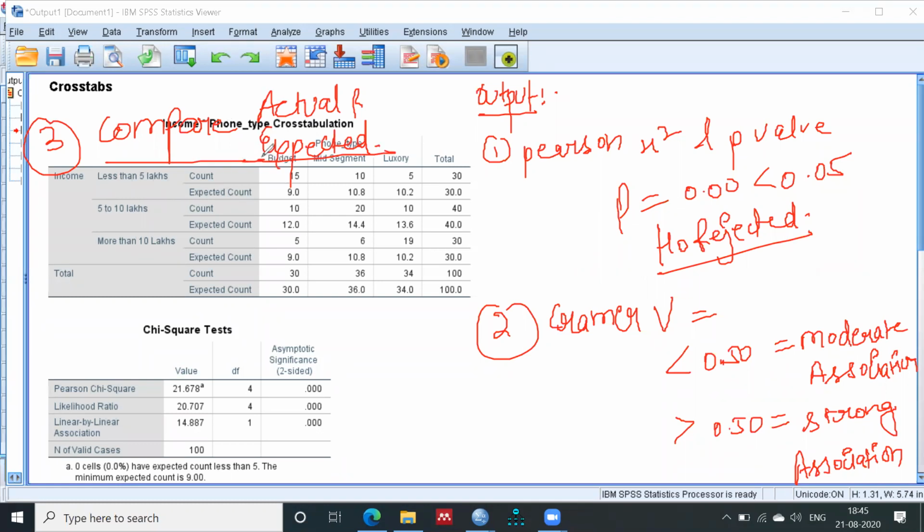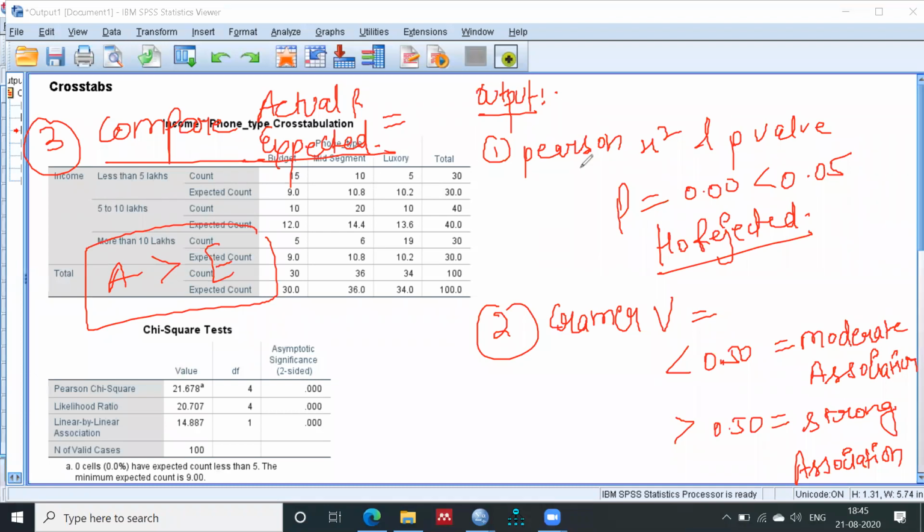It should be equal, but if you do not find equal, and you find actual is greater than expected, then what does it mean? You can interpret your result. I will tell you in this example.